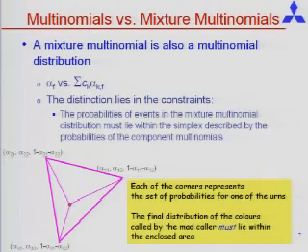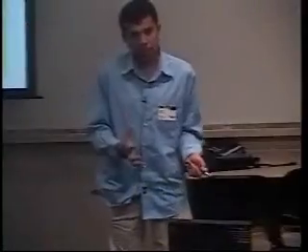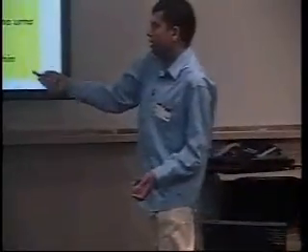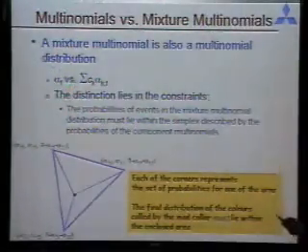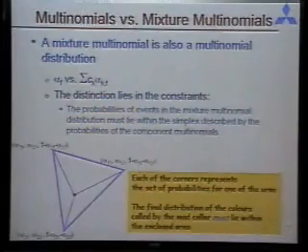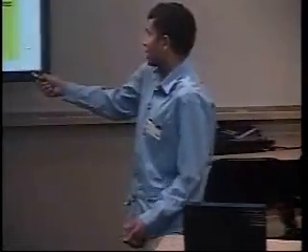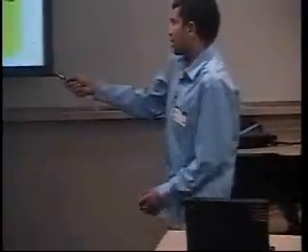Now, the first example I showed was of a simple multinomial. The second example is a mixture multinomial. And in fact, multinomials and mixture multinomials are the same distribution. In a multinomial, you would have a single probability term for generating a particular outcome. In a mixture multinomial, the probability of a particular outcome is going to be an integral of the manner in which you're going to select the particular multinomial and the multinomial dependent probability of that outcome. You just add these two up.